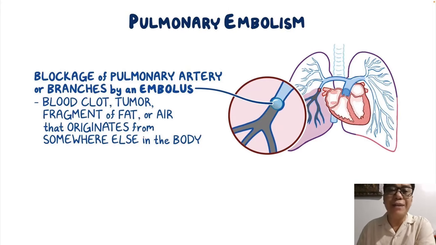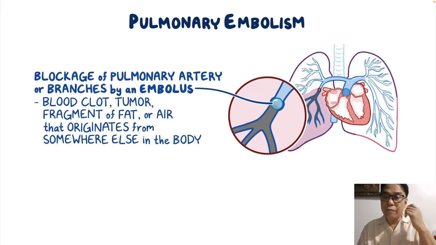It could be secondary to obesity. Usually, if you're obese, you have high cholesterol levels, so it could also be a precursor of having pulmonary embolism. Because of those etiologies, most likely there will be an increase in the pressure on the pulmonary artery or even reflex constriction of our pulmonary blood vessel. So there will be decreased pulmonary circulation, and because there is limited circulation in the lungs, it could lead to pulmonary infarction.